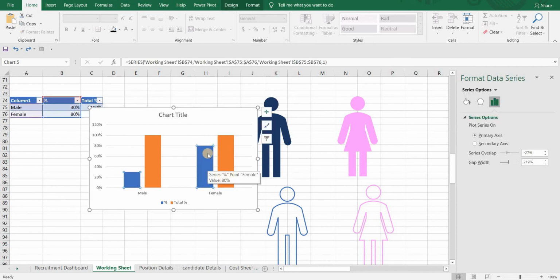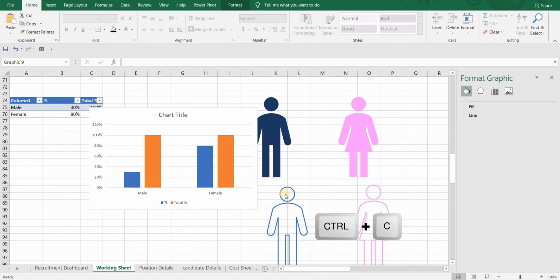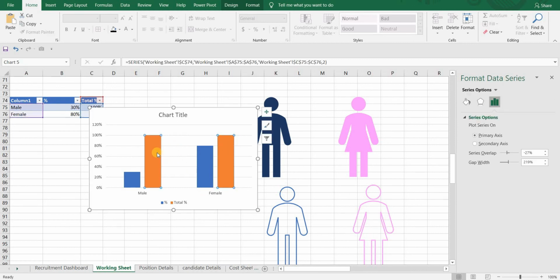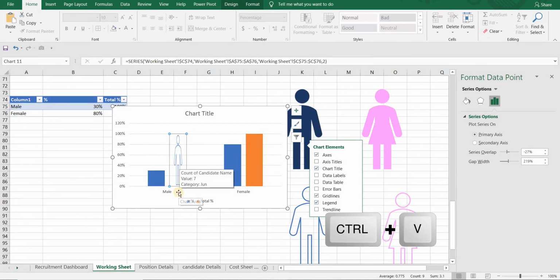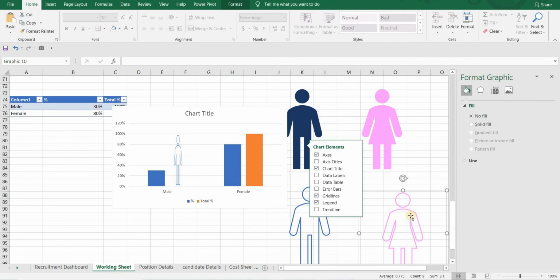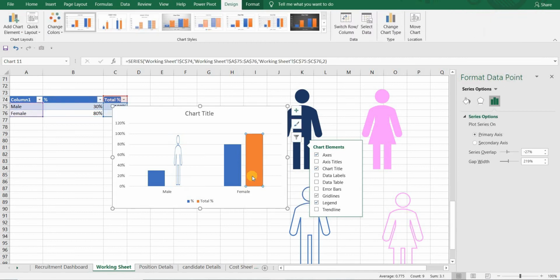Let me click the blue border, press Ctrl C, go to my chart, select the orange of the male chart, remember to double click and press Ctrl V. Similarly for the female chart, Ctrl C, double click and Ctrl V. Let's repeat the process for filled icons.